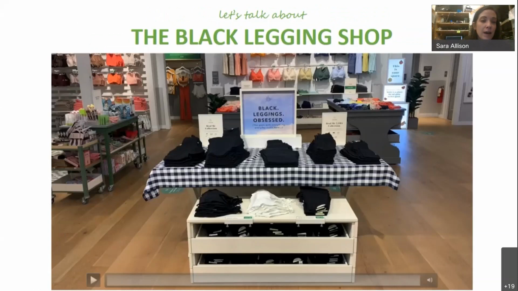I think something that we think about with the black legging destination is making it really all about leggings. So it's almost like the black legging table or the black legging presentation is similar to a bra wall or an undie table, in that we're really standing for this one item. It's not really all about the outfitting. It's not about building an outfit for the guest. It's more about this key item. And I think here we're seeing this muddied up a little with the bralettes being so focal in the front. And we're just not getting that key item idea.